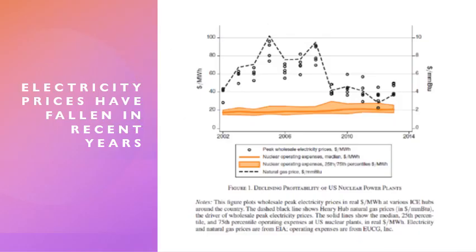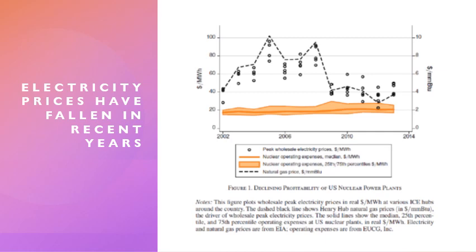Here's a graph of the natural gas prices and peak wholesale electricity prices. So the highest prices for different times of the year or different years. The peak electricity prices are the little circles. You can see they've been coming down over time, and that's primarily due to the natural gas prices. So natural gas is the peaking supply. They're the marginal producer. They're the ones furthest out on the supply curve, the dispatch curve, and they're setting the